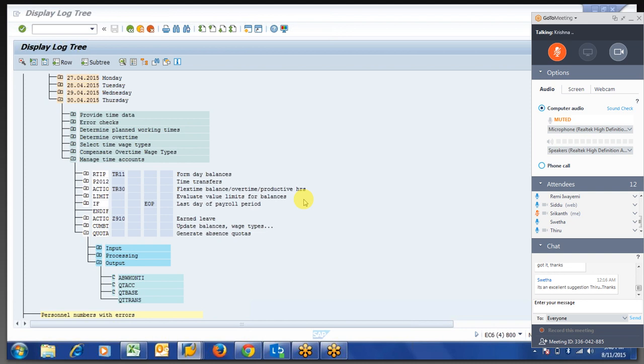I know that. But what does the 4-digit star mean? Irrelevant of any time type, the rule will work. For all time types, it will work. We are not specifically writing for a particular time type. If you want to write something specifically for a particular time type, then you can bifurcate that. Don't worry. Okay, fine, great.